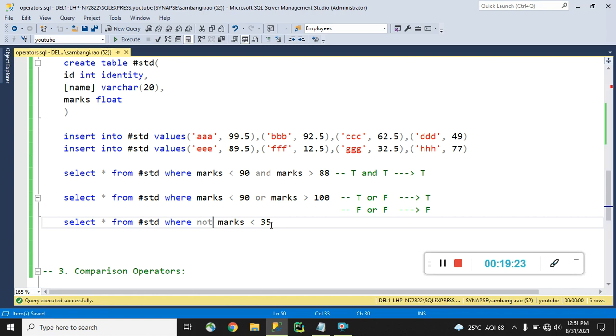If we want only those people's data, then we can use it without the NOT operator. When we put the NOT operator here, then this will turn into the opposite.